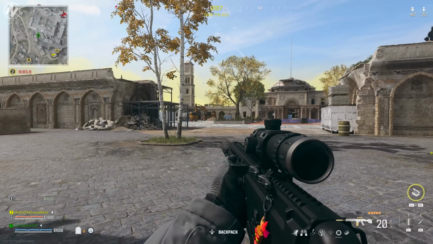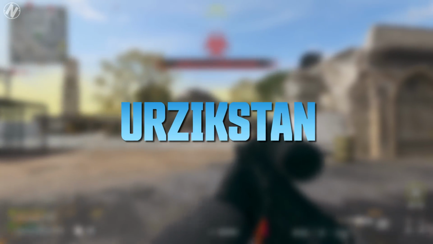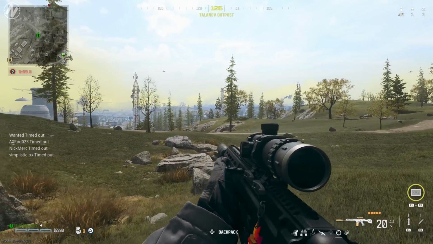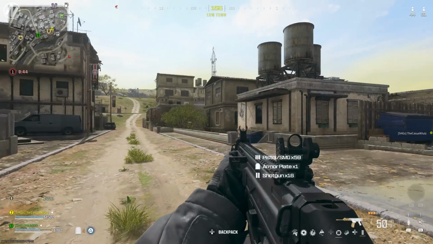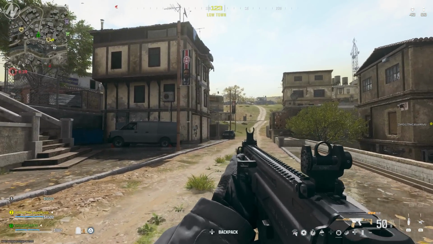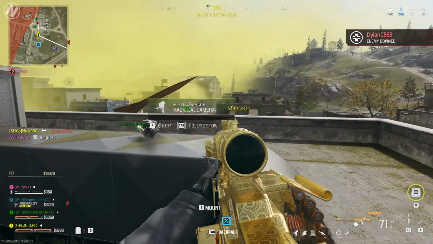So, first things first, let's talk about Warzone's biggest new addition, the brand new map Urzikstan. Urzikstan at first glance may look a lot like Warzone's original fan-favorite map, Verdansk, with a similar color palette, core layout, and environmental features. Though it's a lot more chaotic than anything I've seen from this mode in the past,